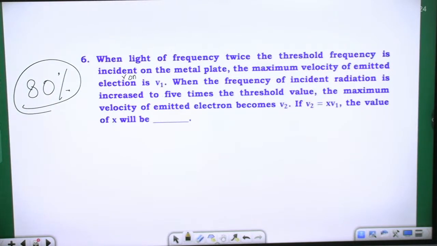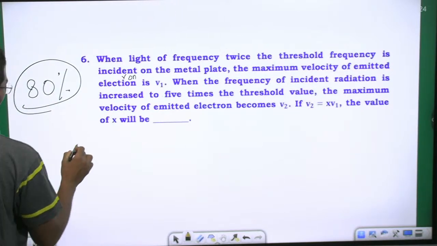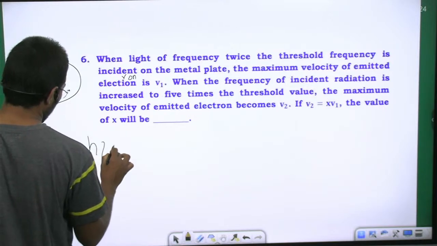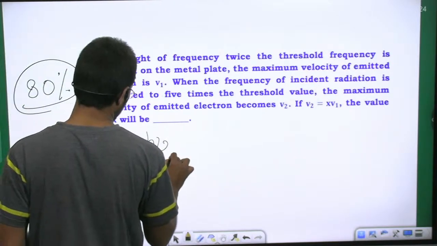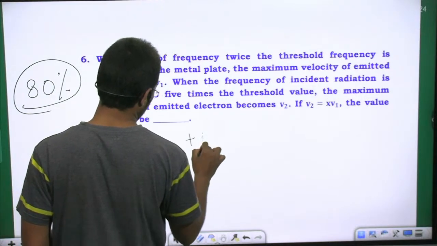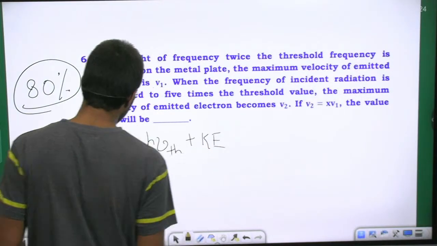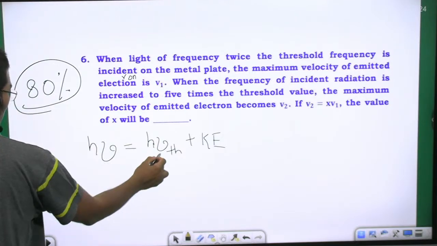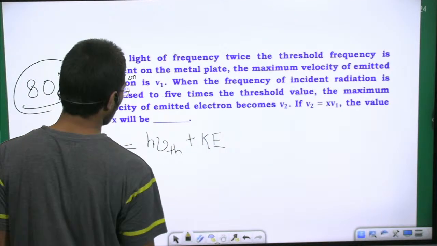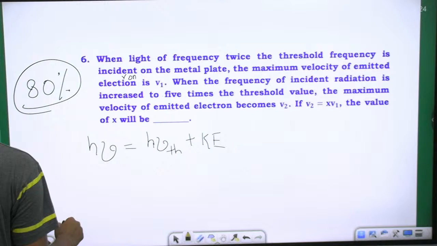See, straight question. Energy hν is equal to hν threshold plus K. The energy supplied will be used to overcome the threshold energy first and the remaining will be converted into kinetic energy. So first it is said that